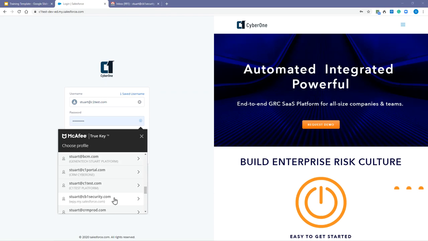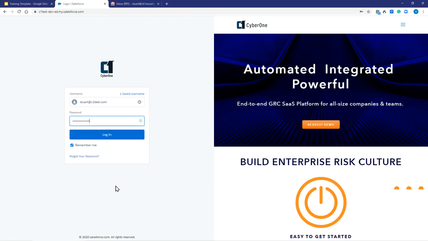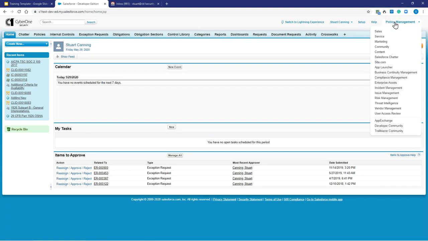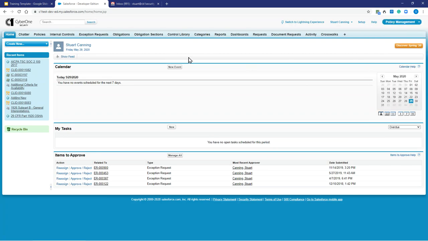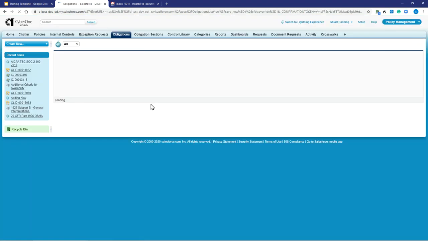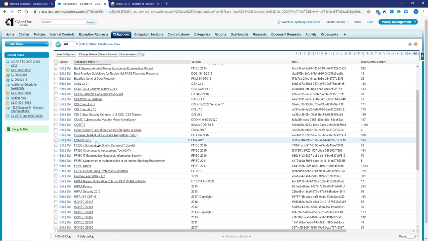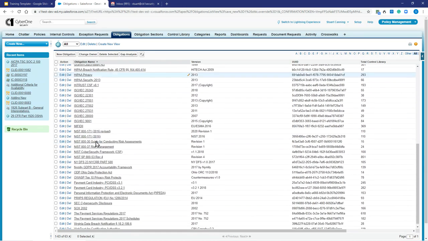Okay, so here we are at our login screen, and I'm just going to log in. Now you'll see I'll use the modules menu at the top right hand corner of your screen to access that drop down and make sure we're in policy management. And then here you'll see the obligations tab. So let's go ahead and open that tab. That'll take me to a list view of all of the different obligations, the different regulations and standards available from